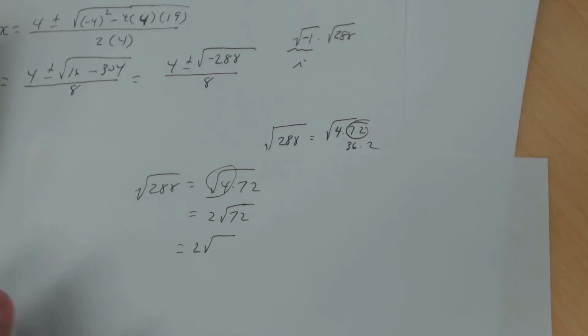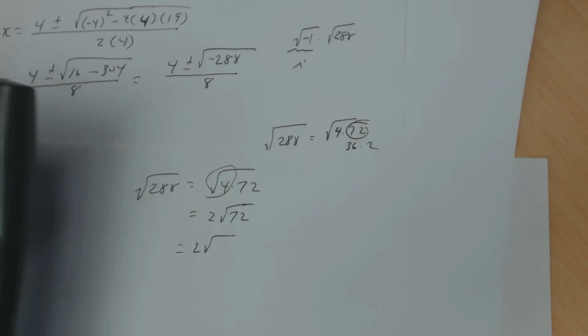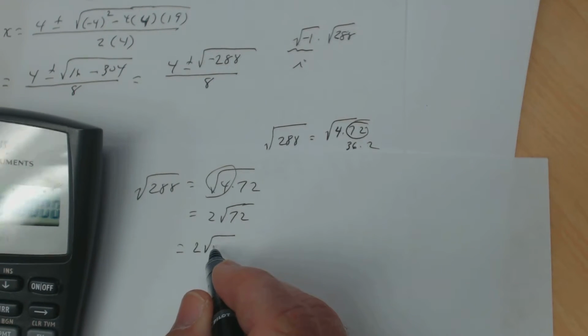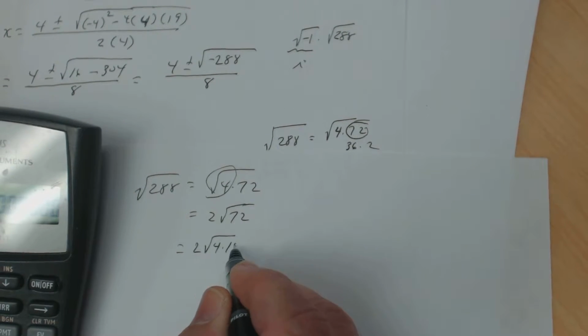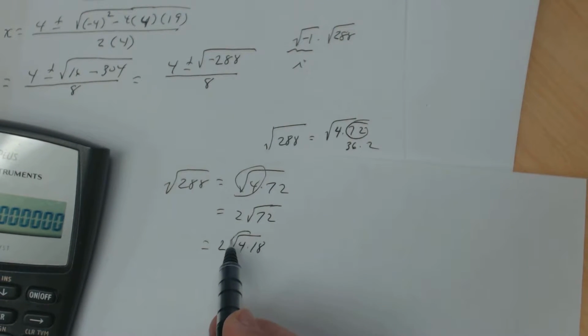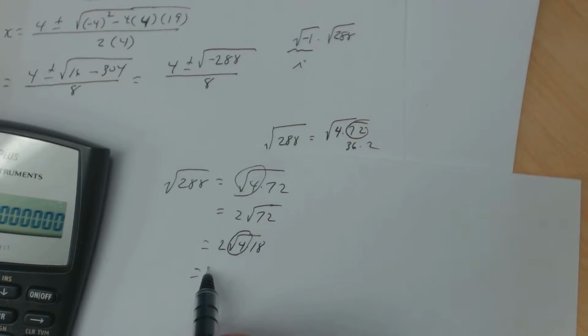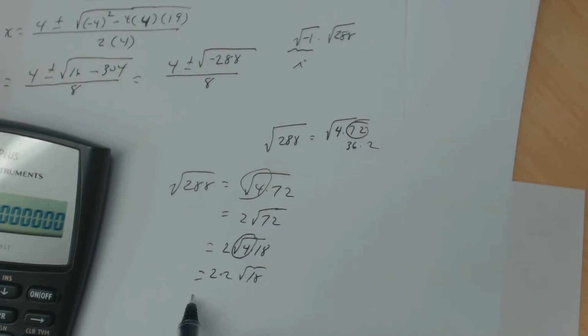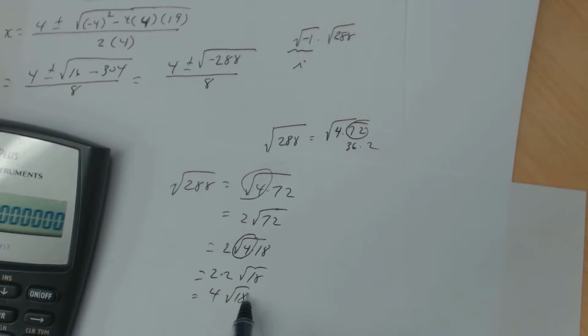I keep messing this up. 72 divided by 4 is 18. So I can write this as 4 times 18. And then you have the square root of 4, which is 2. So you have this 2 times this 2 times the square root of 18. So I get 4 square root of 18. But then you notice, hey, that's not